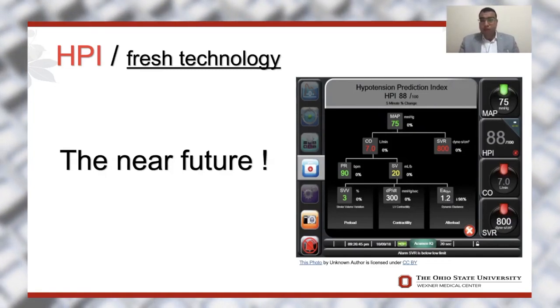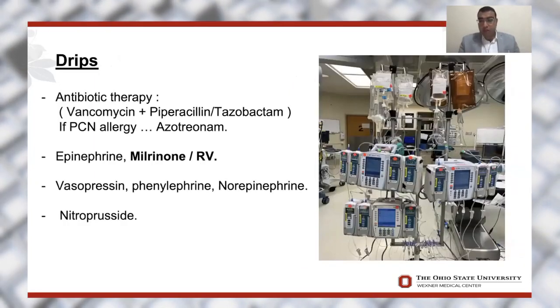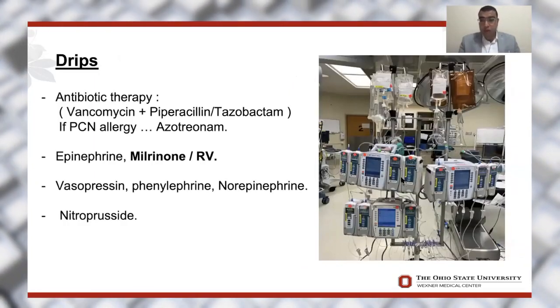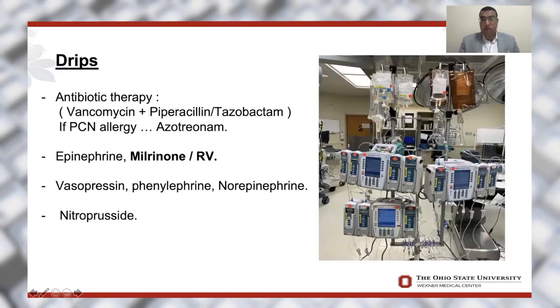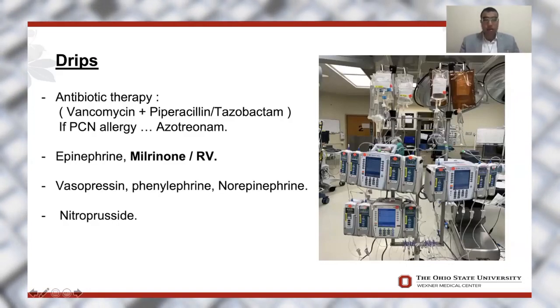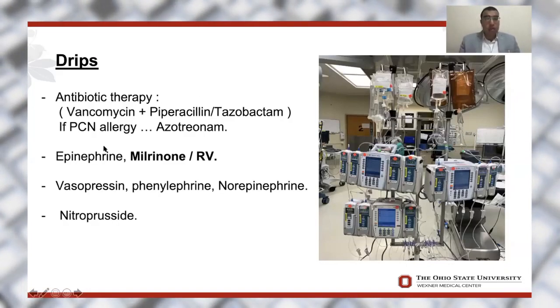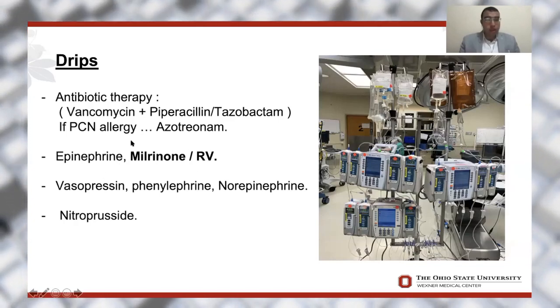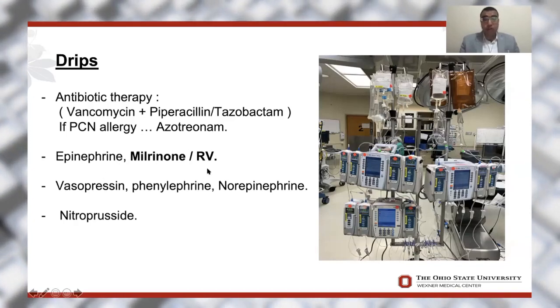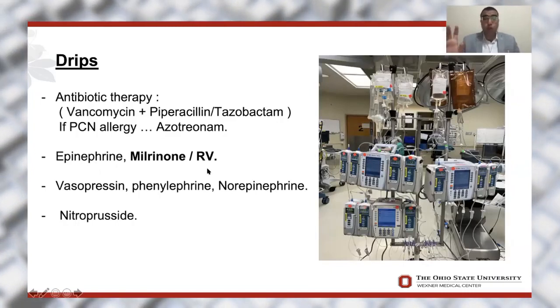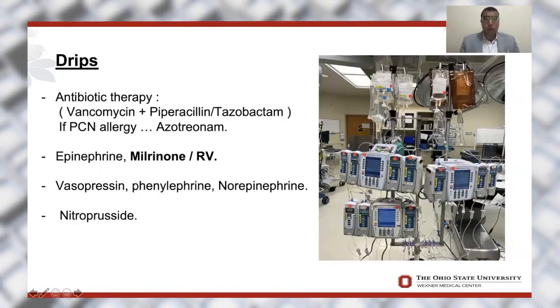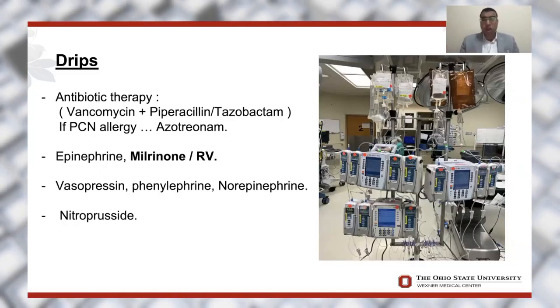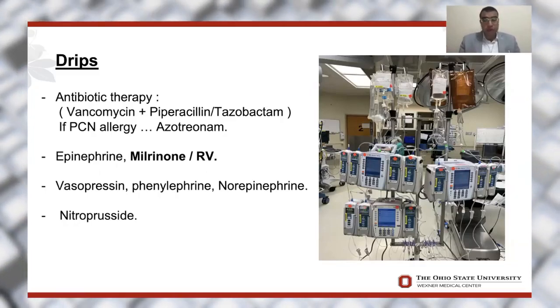These are the drips. As we can see, everything is controlled through controlled infusion, and it comes premade. That is the antibiotic protocol. For sure, milrinone should be ready for the sake of the RV. As we said, you should watch the RV. If you watch your RV, you will save your patient for sure. This is another drip.